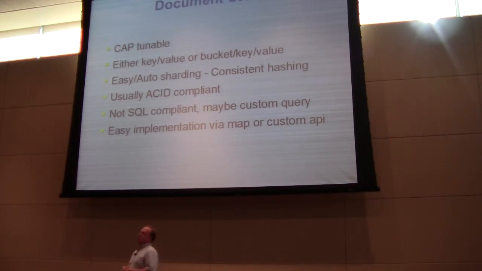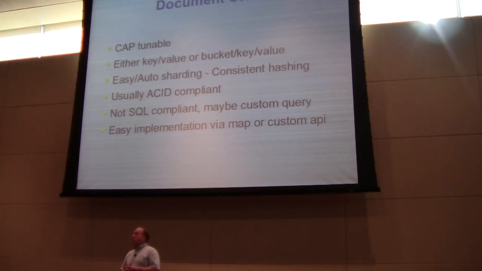Basically, key value stores, several of them will have a bucket in front of it. For example, Amazon S3 gives you a bucket for key and value. The bucket generally is for namespacing, to get a better way to separate these out. A lot of times there are different parameters and properties you can put on a bucket that control the data underneath it. Sharding is pretty easy. It's just hashes. It's pretty easy to get this stuff to work really well. So usually ACID compliant, but again, that's for a single commit. It's not like multiple commits.